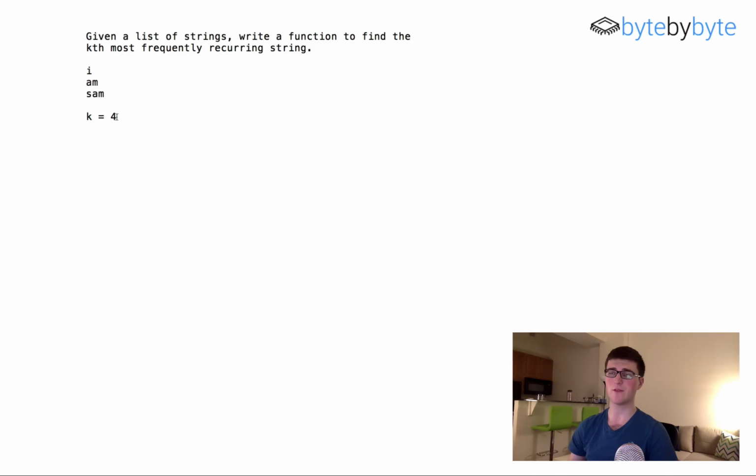So that's fairly straightforward. We also want to ask, what do we do if there are two words that are occurring at the same frequency? So in that same set of words, again, all of these words occur one time. So do we want to count all of these as the first most frequent and the first least frequent word, or are we just going to order them arbitrarily, or are we going to sort them within that ordering? So it's like am I Sam, because it would maybe be an alphabetical order within all of the words of the same frequency. In this case, doing all of those things is going to complicate the problem a bit,